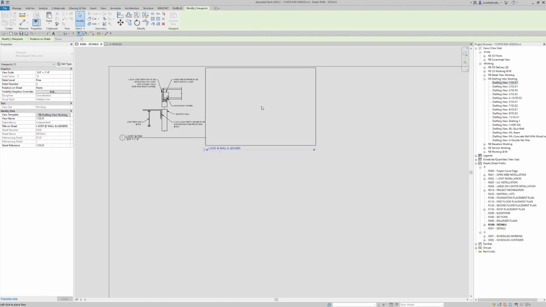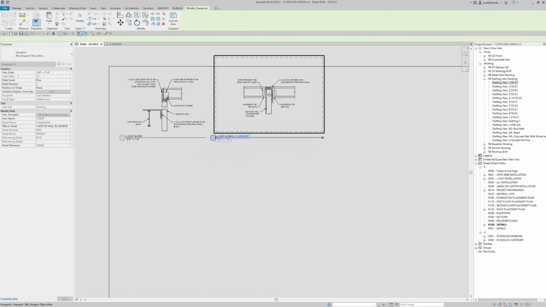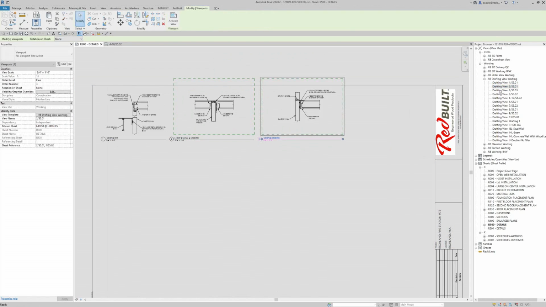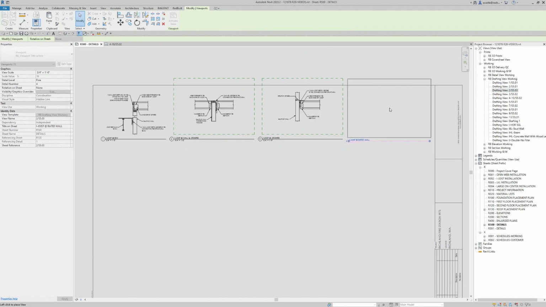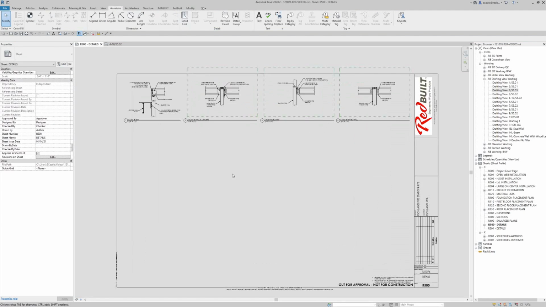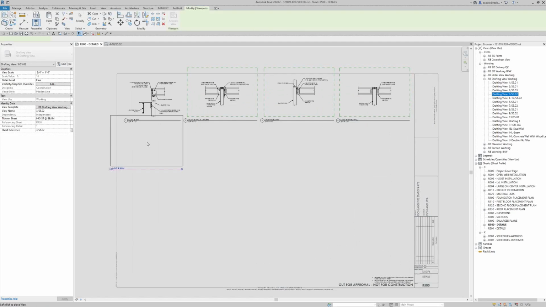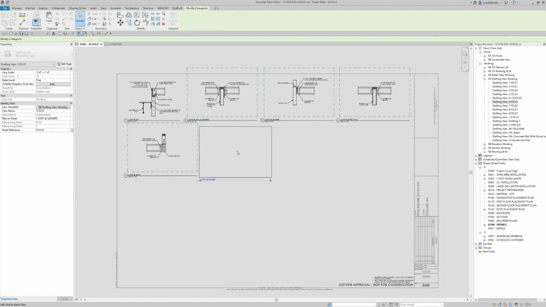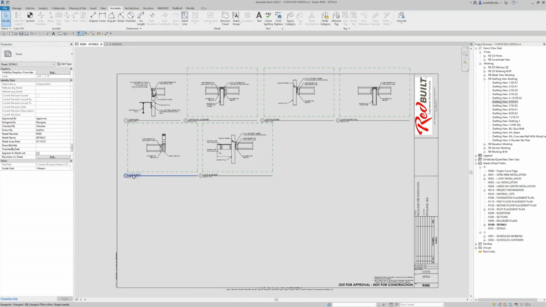And simply just dragging and dropping, and Revit will automatically put in the view title and automatically number them for you as you drag and drop all your details. So I'll quickly go through and drop them, not worrying about the reference lines that go outside the sheet. When they're printed, you will not be able to see those and it will look fine. So as we drag these in,